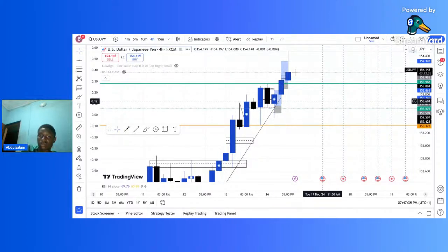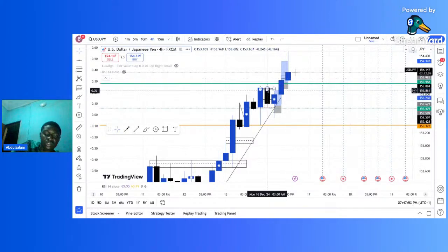Alright. So once we've marked this out, what we are going to do is to wait and see what direction the market is going to go for that day. That will determine where price will go for that week. So what I did was that I waited, and on the 15 minutes time frame,